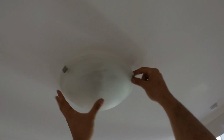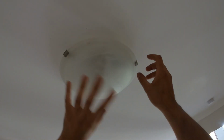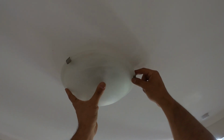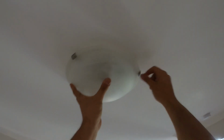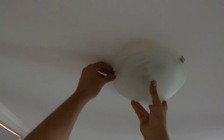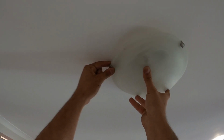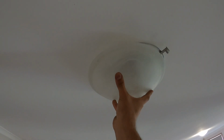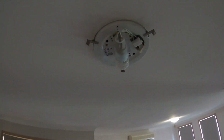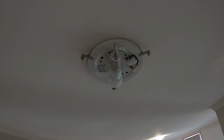So what you need to do is once again, hold onto the cover of the glass or the glass cover, just to make sure it doesn't fall. And what you need to do is pull on this little clamp right here. Now this one here is fixed, so that's not the one we're looking for. We'll move over to our next one, and you can see there, that one there is spring loaded. So what we need to do, pull it back, slide our glass cover down, and now we've got access to our light. We can either replace the globe, clean it, do whatever you got to do, and to reinstall it,